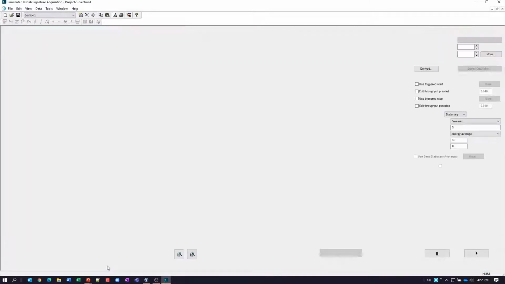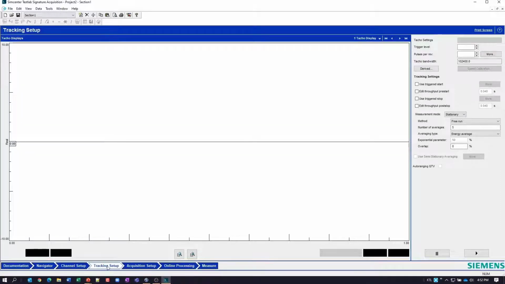That hasn't changed. We're going to go to this tracking setup page, and here, instead of being tracked like we were before, we're going to choose stationary, and this is going to tell the software that we're going to average our results. And the simplest, easiest way to do this is to set the method to free run and then specify a number of averages, okay?